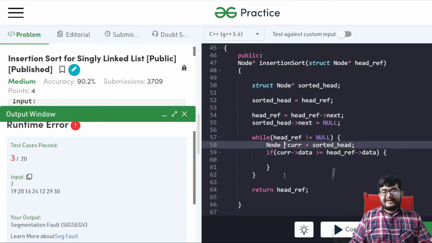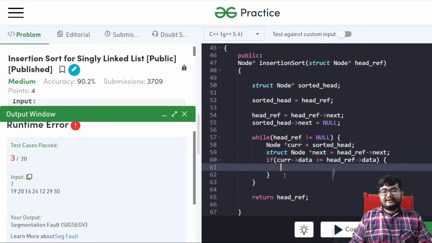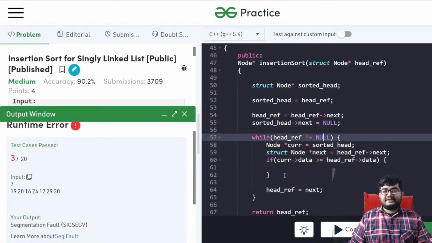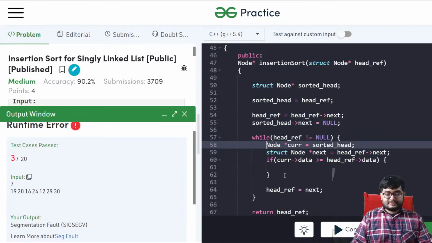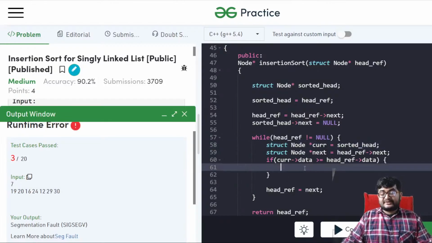Here we'll also maintain the next node so that we can go to it later. So struct node star next equals headref of next, and inside here we'll set headref equals next. So struct node star current equals sorted head, next equals headref next, and if current data is greater than or equal to headref data,